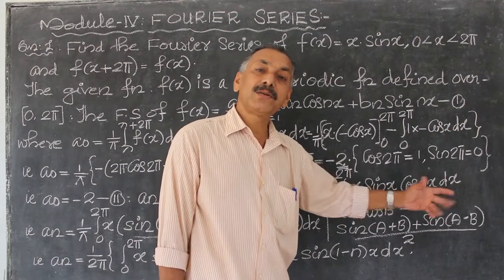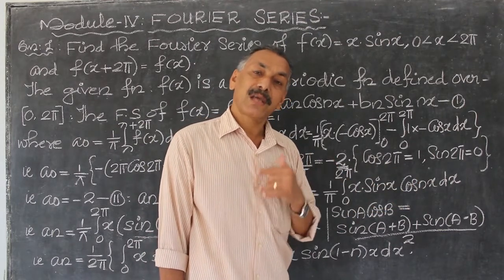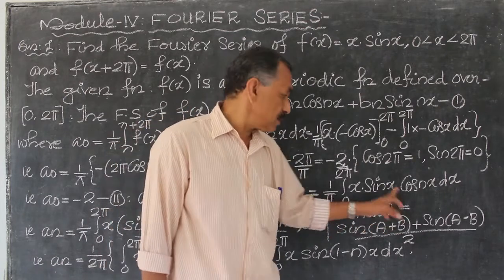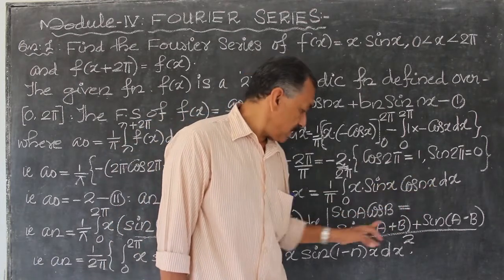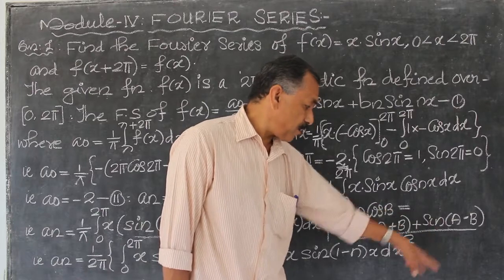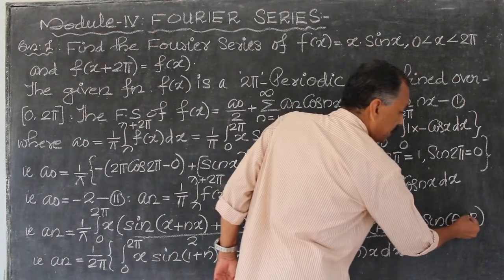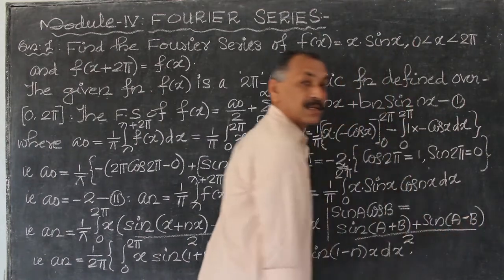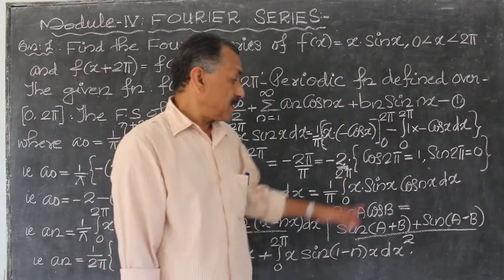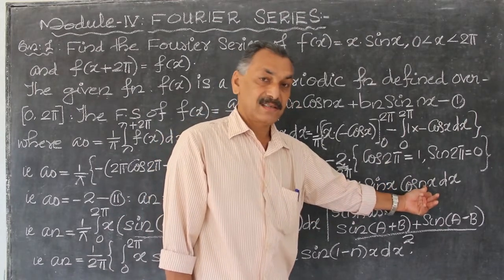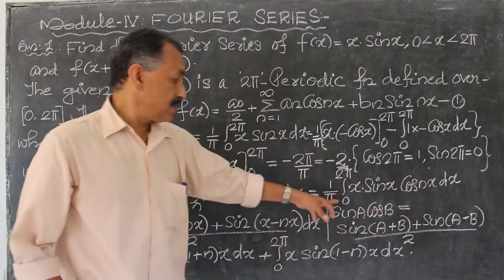Sin a cos b is equal to sin of a plus b plus sin of a minus b divided by 2. Isn't it? Here sin a cos b, a is equal to x. What is b? nx. Then this is equal to 1 by pi